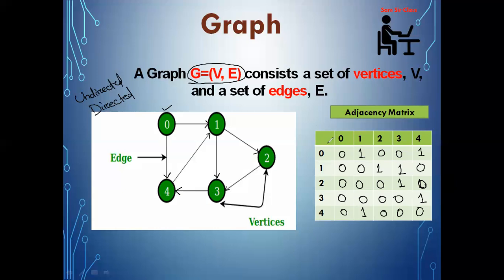Now this is known as an adjacency matrix because if you consider the example of vertex 0, 1 and 4 are the adjacent vertices of 0. Clear? So that is why 1 values are there. So from this particular matrix, you can check anywhere 1 is there. That means it has a corresponding direction and both are adjacent to each other. So this adjacency matrix will be helpful to implement the concept of BFS.